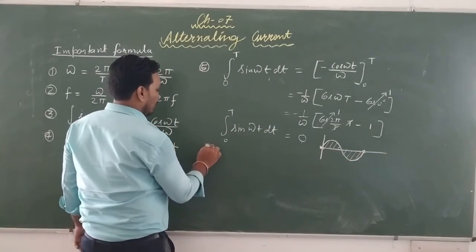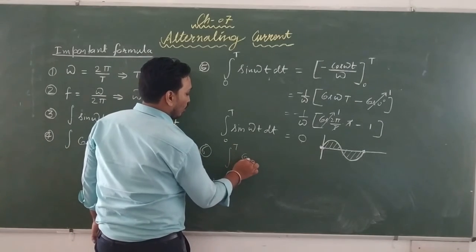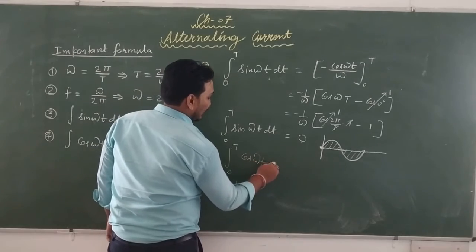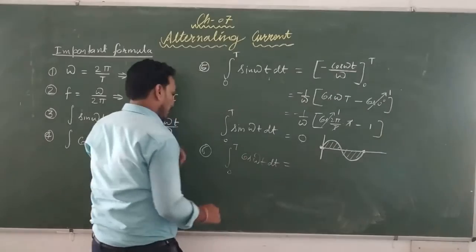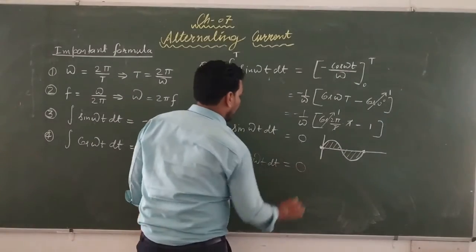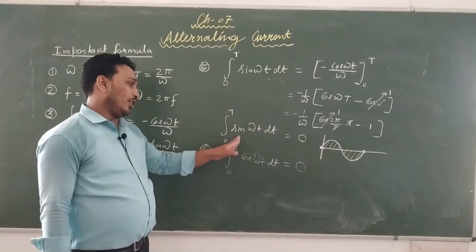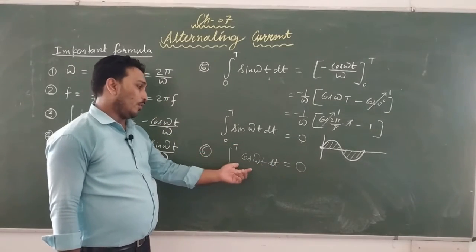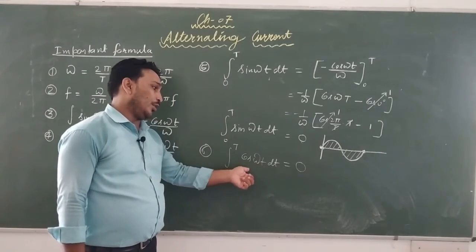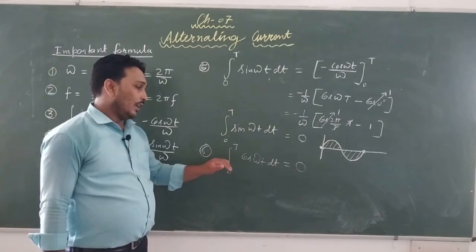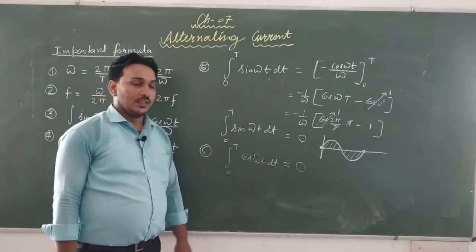In the same manner, similarly, this time I am going to prove, you have to understand, integration of cos omega t dt from 0 to T, where T is the time period. What are we going to have? 0. We are going to have 0 because it is integrated over a complete time period. Whatever we have, sin theta, it can be 2 pi t, it can be 4 pi t, it can be 2 omega t, 4 omega t, whatever. If it is integrated over a time period, sin and cos, the answer is always 0.